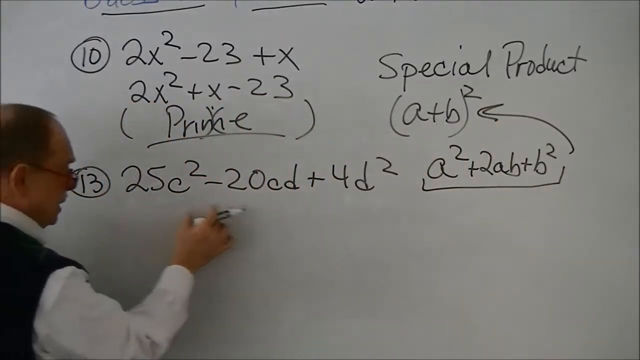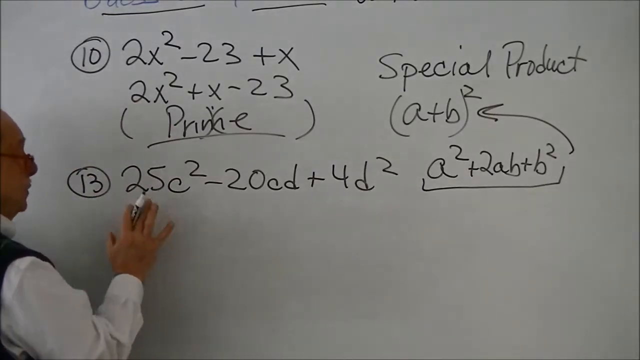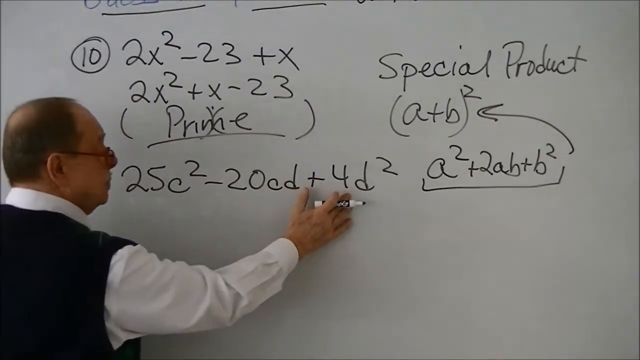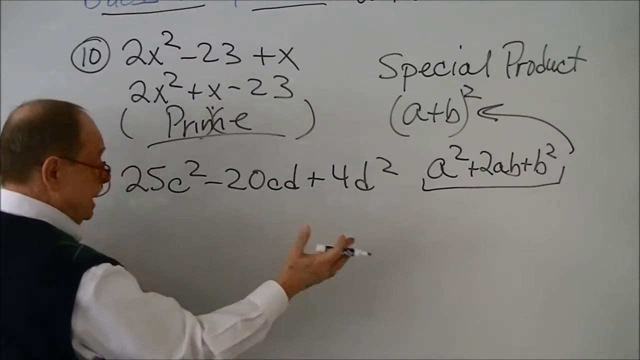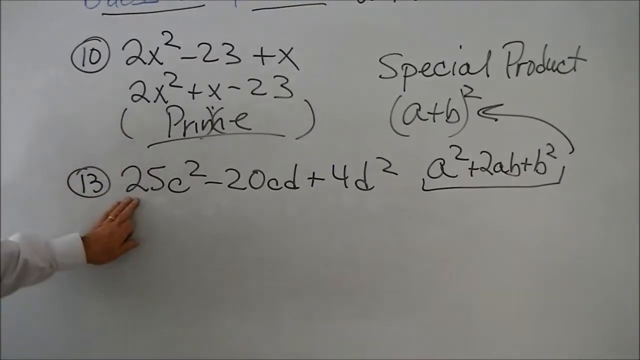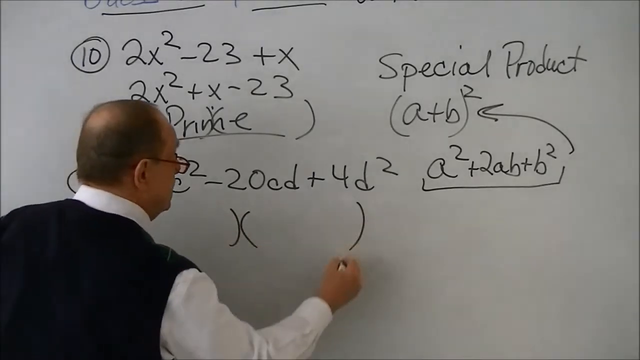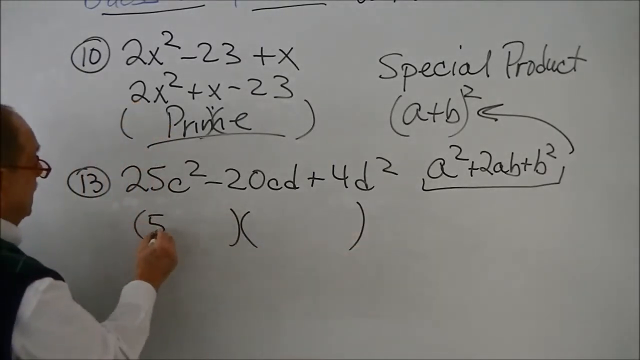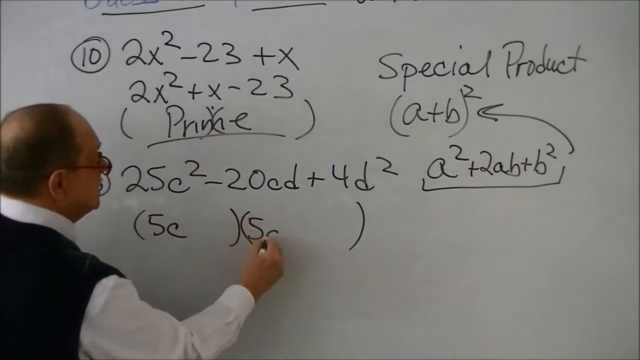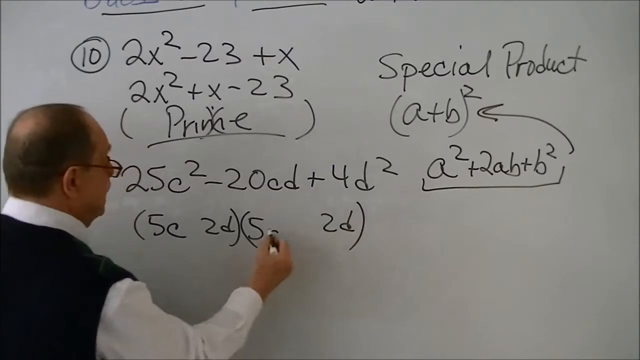This is a perfect square, this is a perfect square. We take the square root of 25, we get 5. Square root of 4, we get 2. 2 times 5 is 10. Double it, we get 20. Yes, this is a perfect square trinomial. So we could factor it in the traditional way. And we go 5c, 5c, 2d, 2d,